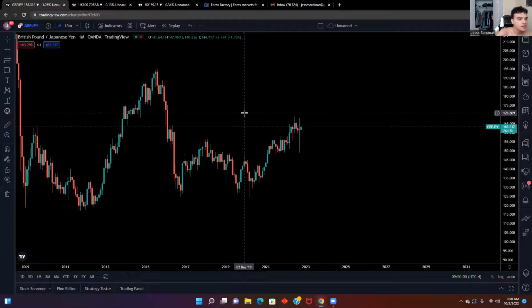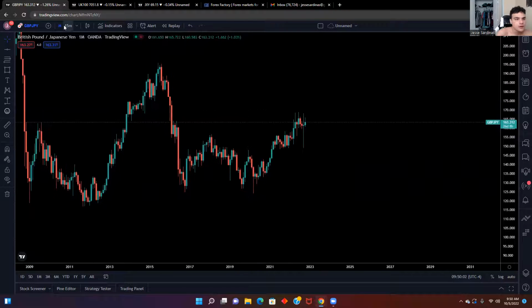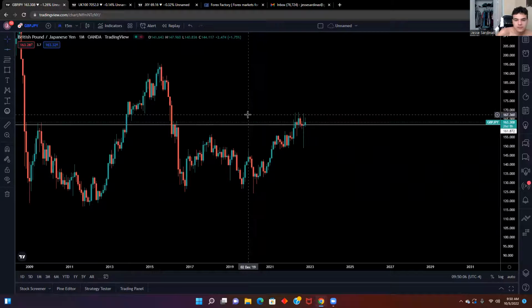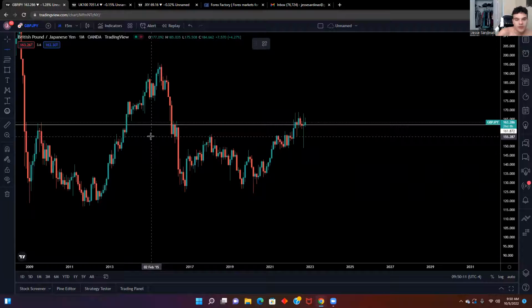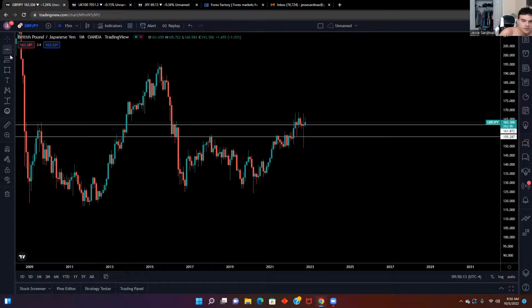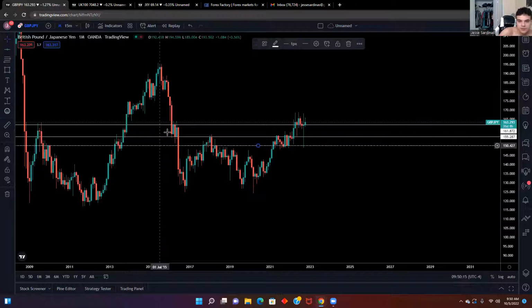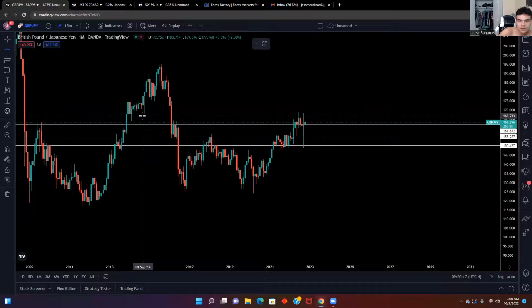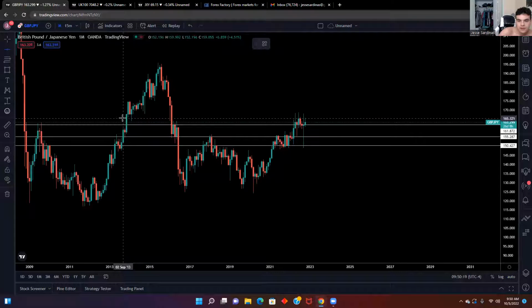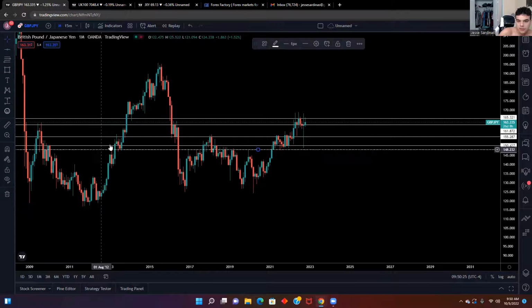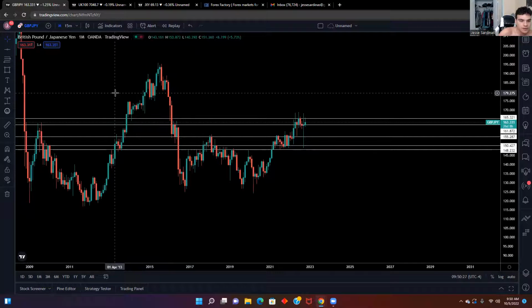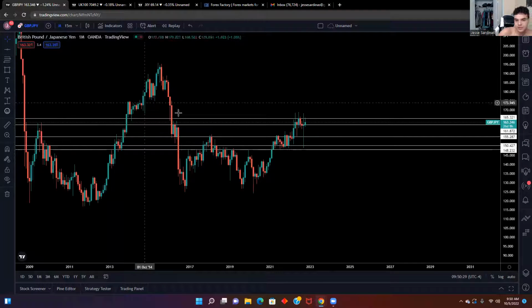This is my first time doing this, so we're going to be mapping out some ideas for GJ live. Let's give it a shot and see what we can map out. Month to month. I'm on the monthly time frame right now, mapping out some levels. I kind of erased everything by accident this morning, but that's no problem. It gives us a better outlook, especially from the higher time frame. You always got to zoom out, make sure you do.